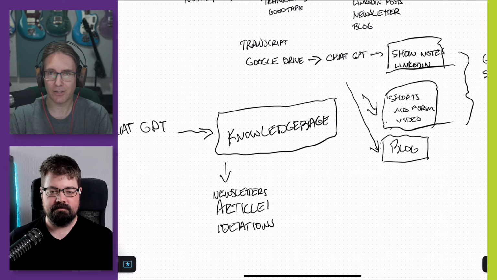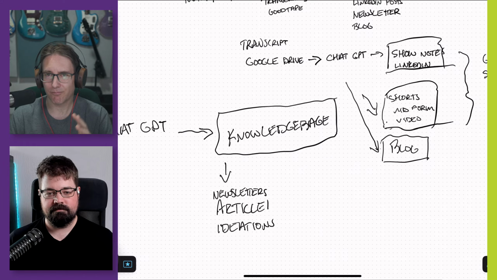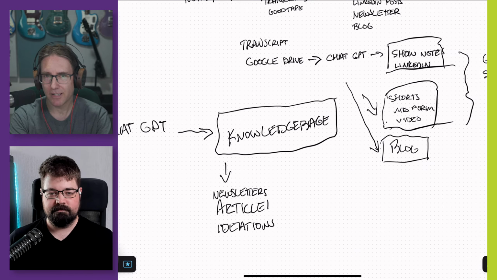But the big thing is it tends to be significantly cheaper than using the fancy SaaS products like Castmagic or any of the others that do transcript to other types of written content, because they're doing the same thing. They're just selling it to you as a product, and they have to make sure they're making their profit, covering their costs of hosting and babysitting everything.